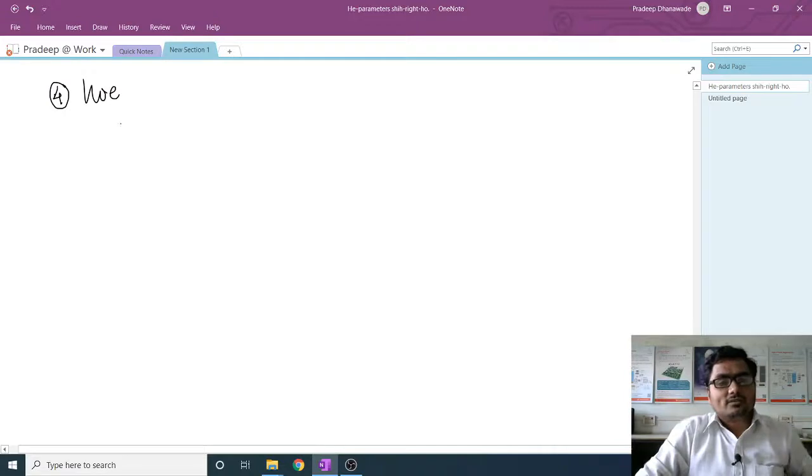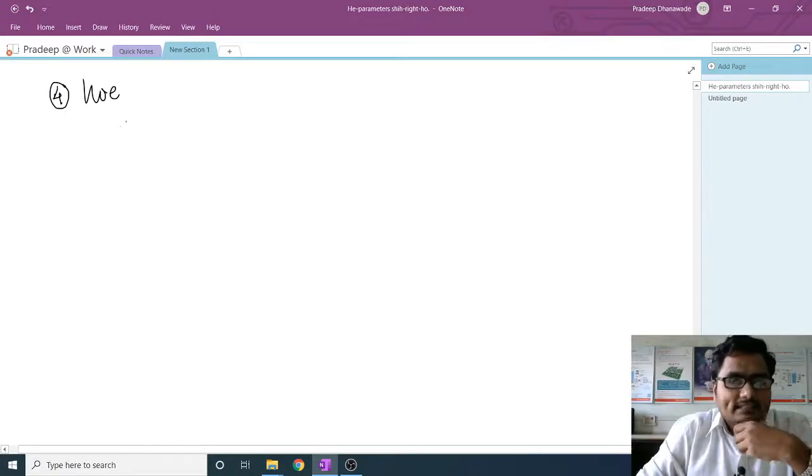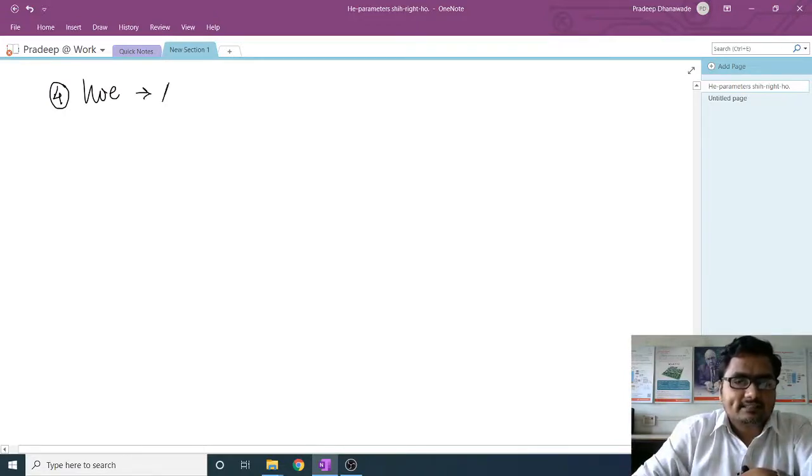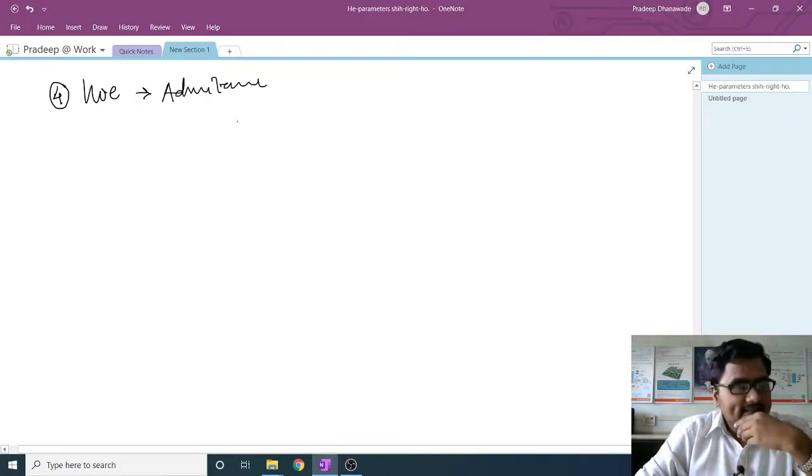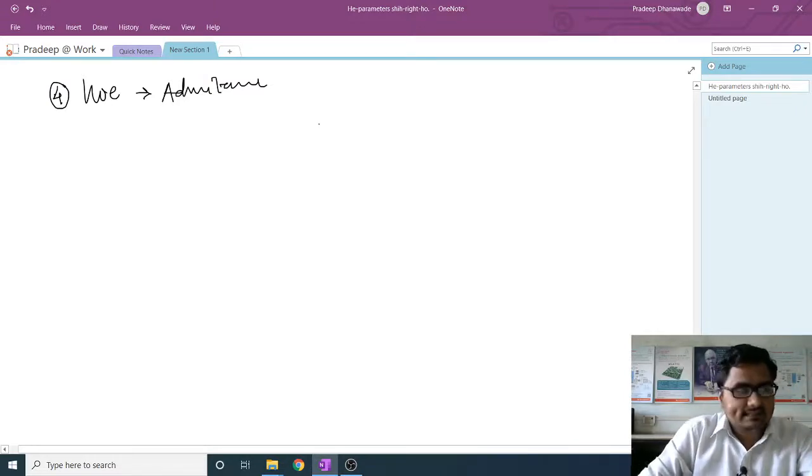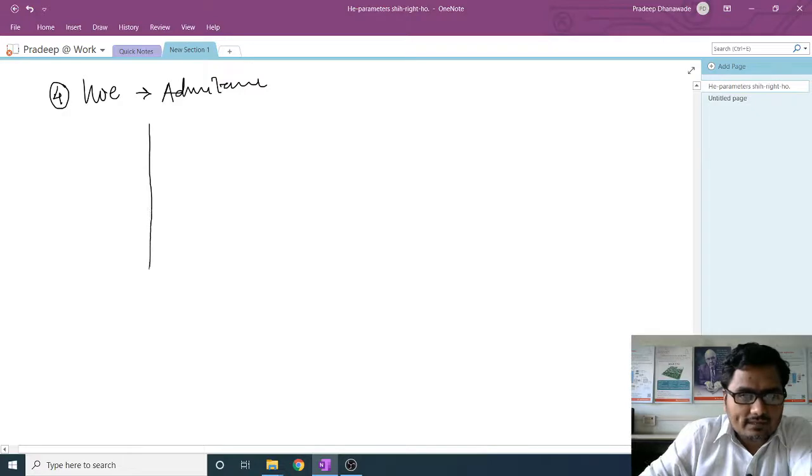So HOE, what is that? It is an admittance. Look at this, it is an admittance. As this is admittance, it means it is 1 divided by impedance. Instead of calling it 1 divided by impedance, let's call it an admittance, because we already saw that while drawing its equivalent diagram. So HOE can be calculated or evaluated